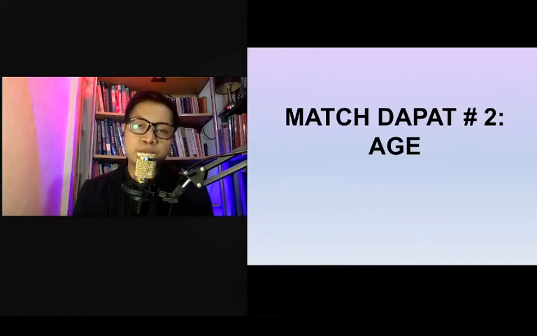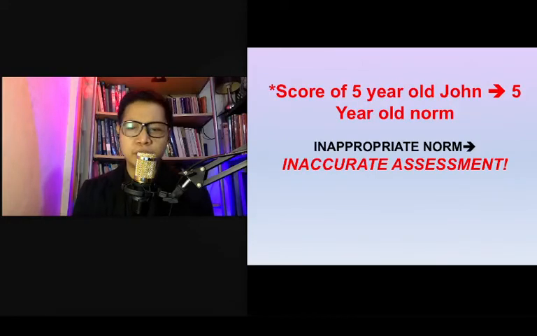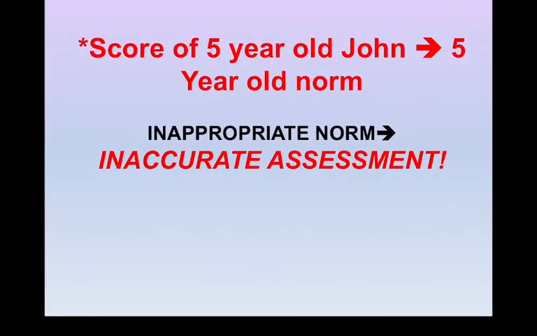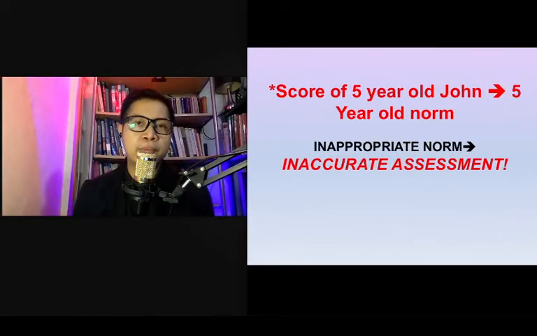Another thing na dapat i-check mo sa norm mo kung match ba sa raw score is none other than age or edad. So halimbawa, simpleng example, yung raw score mo galing sa isang bata na edad 5 taon. Dahil dyan, dapat yung norm mo na gagamitin norm ng mga 5 years old. Again, kapag matigas ang ulo mo, 5-year-old raw score yung nasa kamay mo, kinumpara mo yan sa isang 23-year-old norm, ang magiging epekto niyan, inaccurate assessment. Pwedeng mali yung label na maibibigay mo sa raw score, I mean.